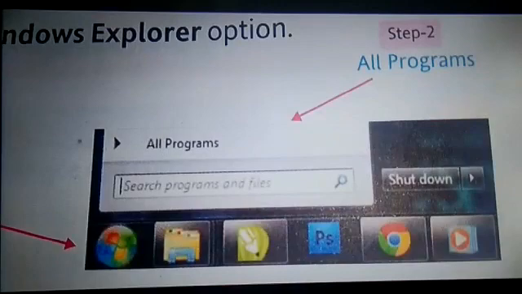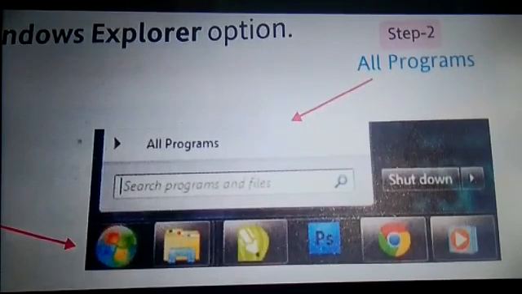Let's begin with the topic Windows Explorer. What is Windows Explorer? It is a program which is used across the world. It is a unique program which helps us to organize and view the files and the folders which are stored in various disk drives of a computer system.